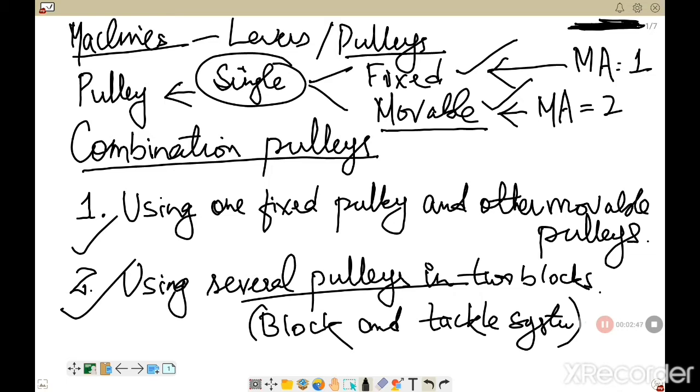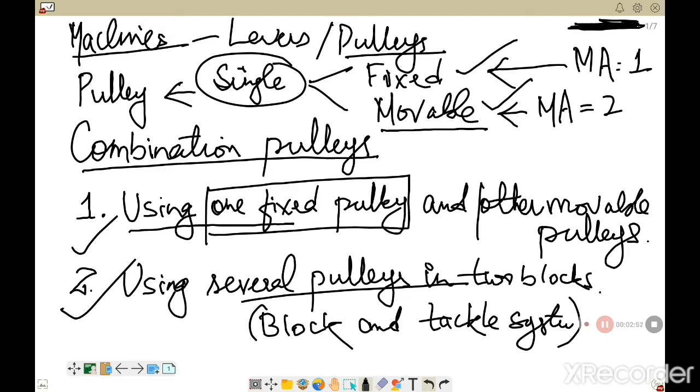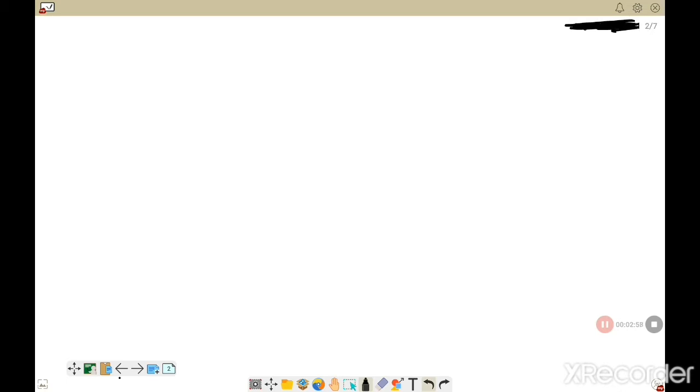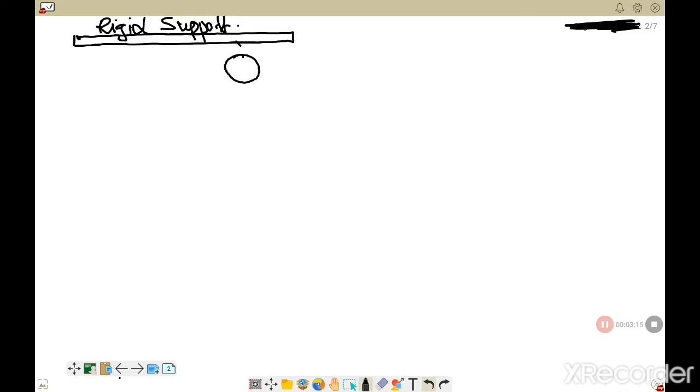In the first one, as the heading says, using one fixed pulley and other movable pulleys. So here in this combination, one of the pulleys is fixed and the rest are movable. For this we need a rigid support. Understand? So here I have one pulley which is fixed,